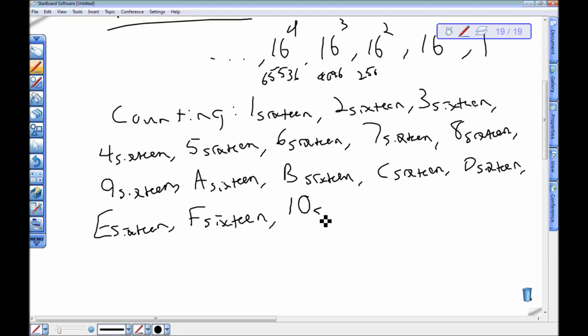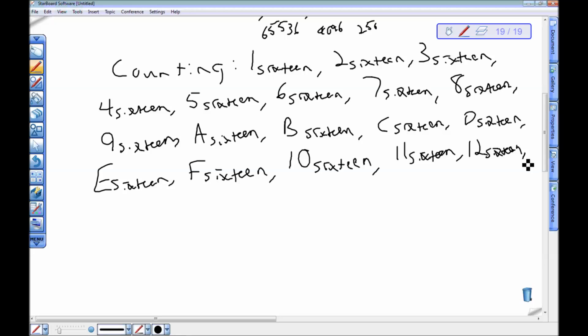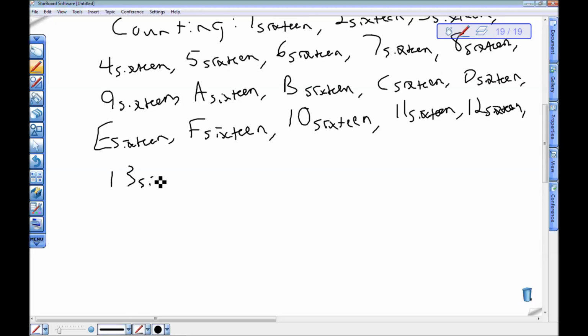I have 1 16 and 0 more, so 1 0 base 16 is the number 16. Here's the number 17. It's 1 1 base 16. The number 18 is 1 2 base 16. The number 19 is 1 3 base 16, because that's 1 16 and 3 more. There's the number 20. It's 1 4 base 16. The number 21 is 1 5 base 16, and so on. Okay, all the way up to